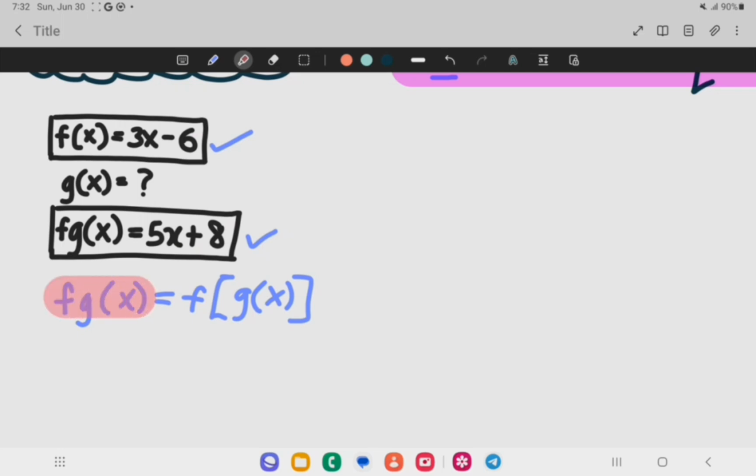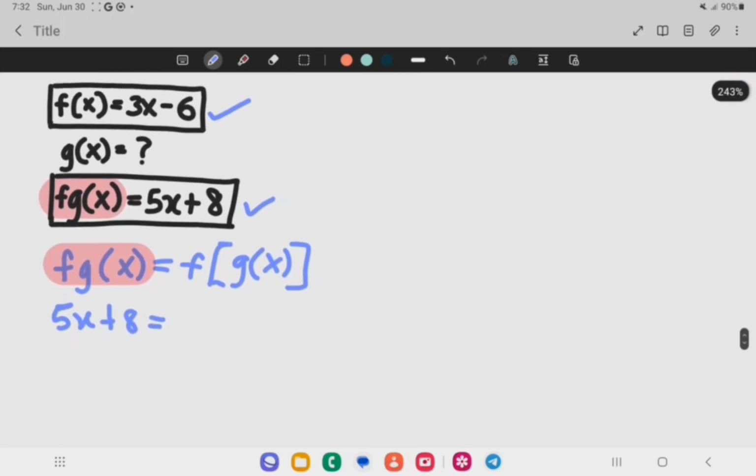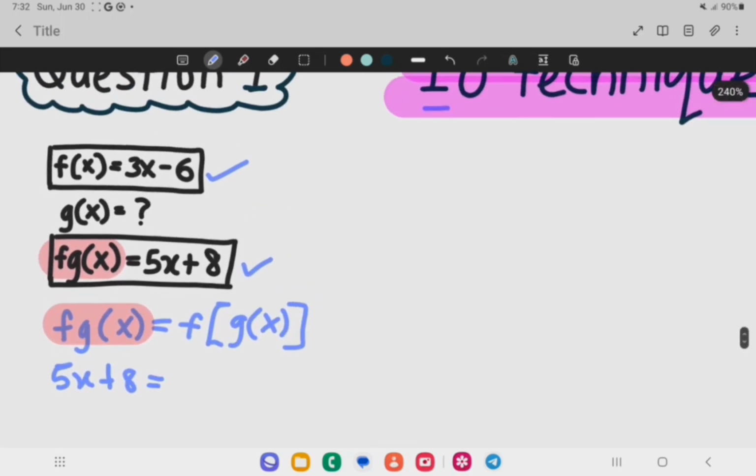So, is fg(x) given here? Yes, fg(x) is given. What is the function of fg(x)? 5x plus 8. So just write it back here. By the way, sorry for my horrible handwriting. I'm trying to improve my handwriting. Okay. And then the next one,